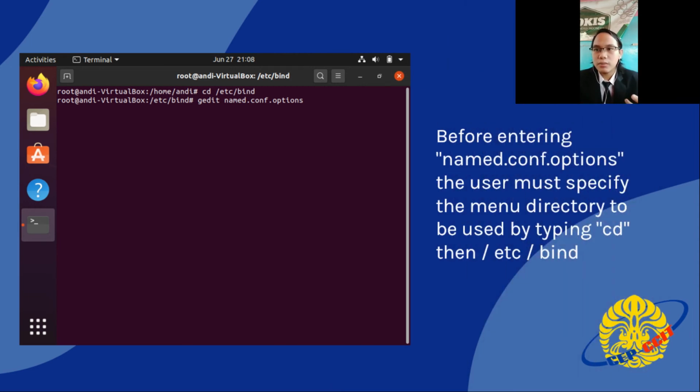Before entering named.conf.options, the user must specify the directory to be used by typing cd then /etc/bind, where the user will enter the bind9 menu. After that, the user types gedit named.conf.options to enter the menu.